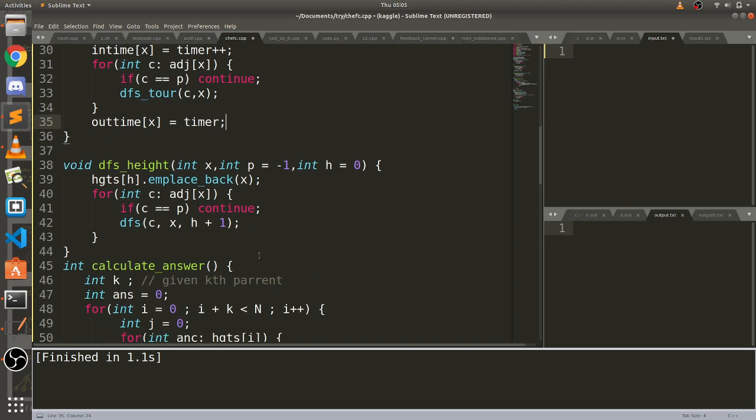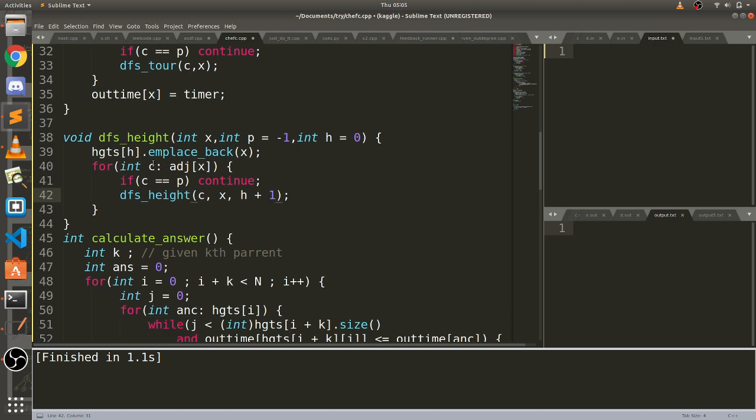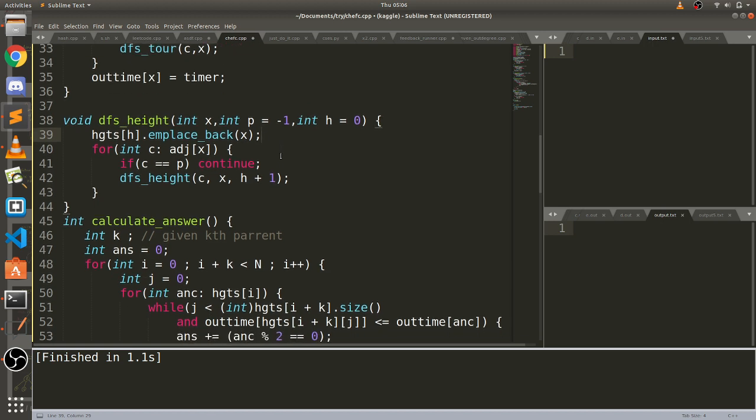So what I did was, you could see that first I made the level order lists for all. I traverse recursively with DFS of height. For this, I pass h equal to 0, and for child nodes, I maintain h plus 1. So in heights of h, you will get all the nodes in level order.